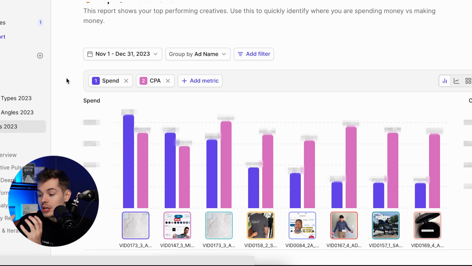And this is great because you can take your top performers from last year and number one, turn them back on if they've been turned off throughout the year because you want to capitalize on that higher buying intent window. But number two, take them and literally give them to new creators to re-record. Take that same message, that same idea, and just by someone having a different demographic or a different take or a different style in how they present that ad. We've had so many scenarios in which we've taken top performers, got them re-recorded over the holiday season, and we've seen more winners come from that. So you can literally take your best ads, go and get someone to re-record them, and run those as ads